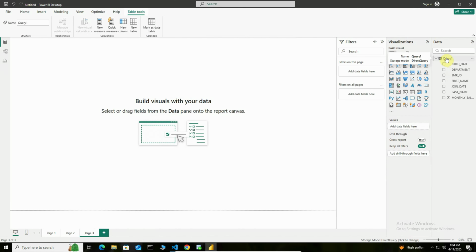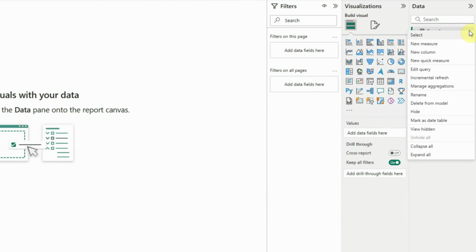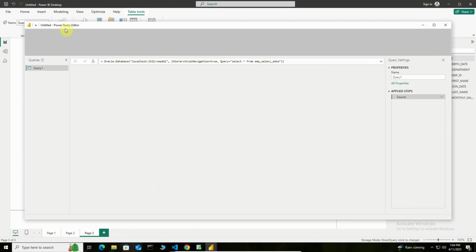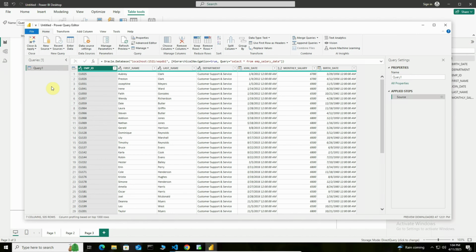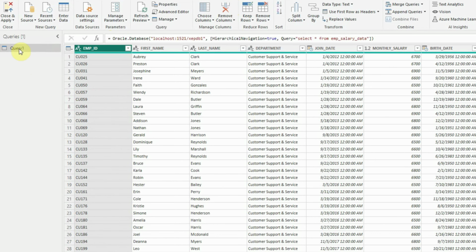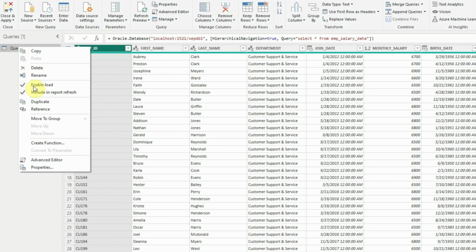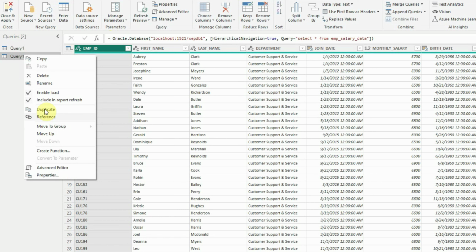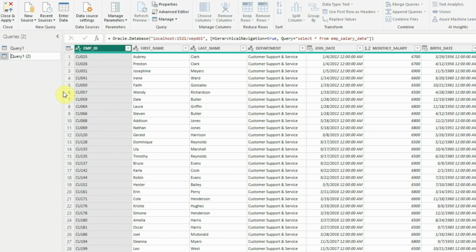We are going to create a copy of this first query and we'll just modify the contents. To do that, select these three dots to the right of the query and then select the edit query option, and this will open the Power Query editor. And here we see the first query is listed. We are simply going to create a duplicate of this query. We'll rename it as, say, query 2,